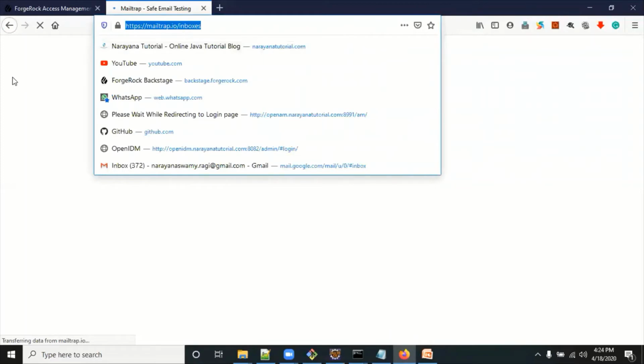I have already registered on this website, that's why it is already logged into mailtrap.io. If you don't have an account on Mailtrap, you can sign up by using any Google account also.